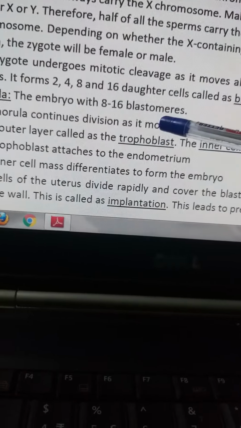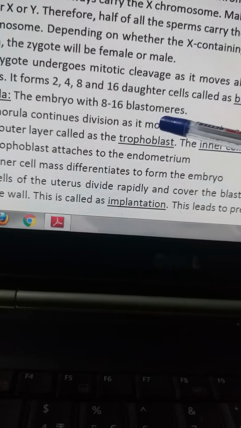Then in this stage, from here to here, this is the zygote, this is the blastomere, then here it's the morula stage. Now when this morula comes here, E and F, see, fertilization occurs here,